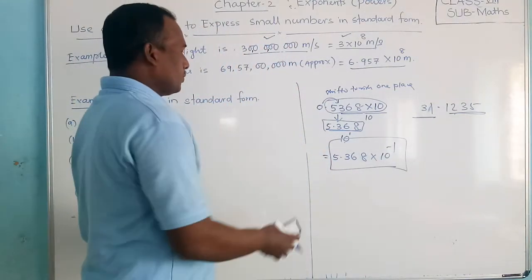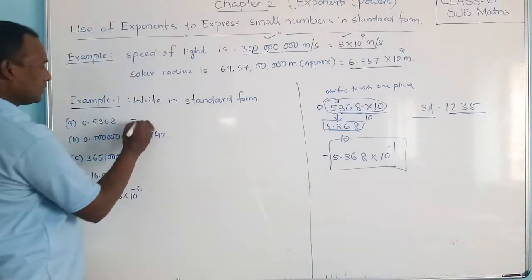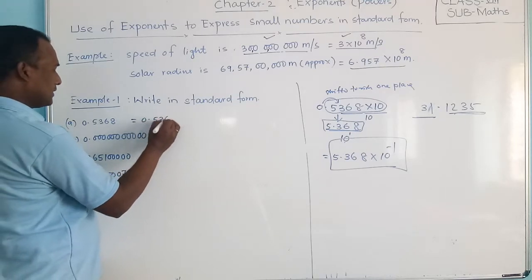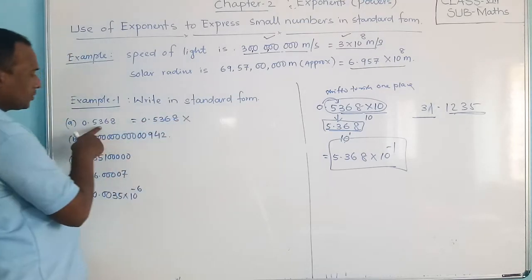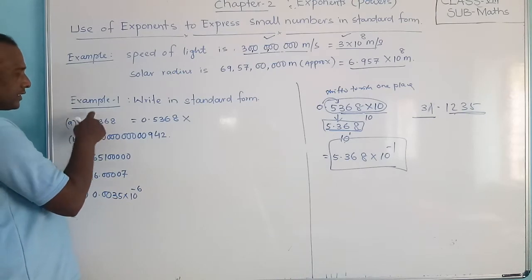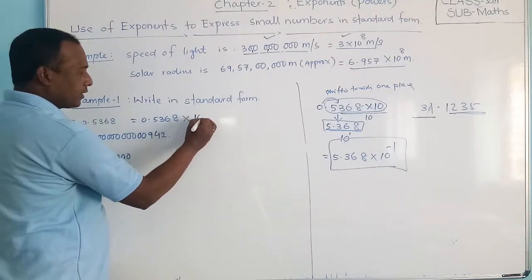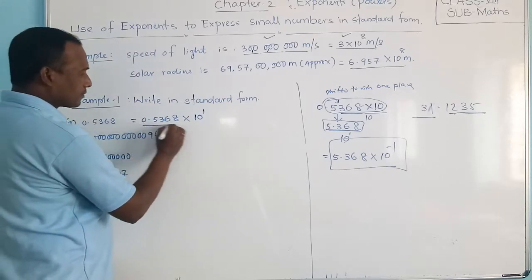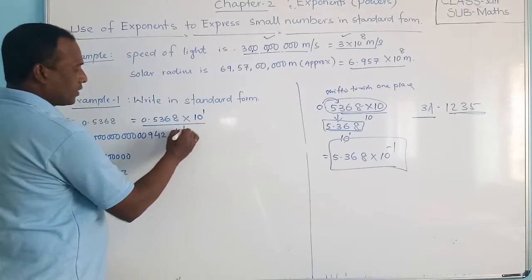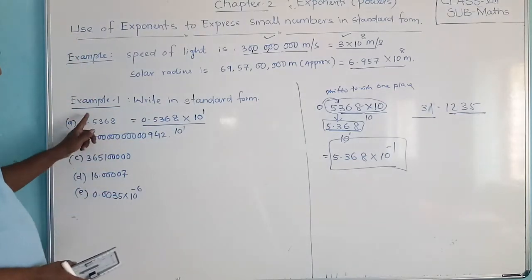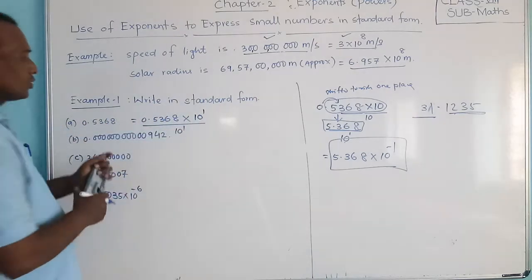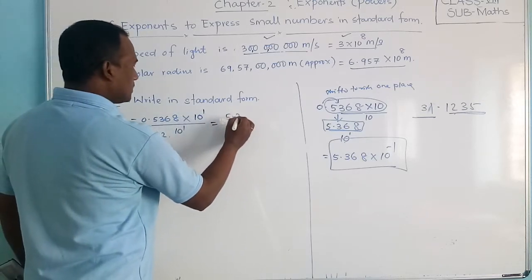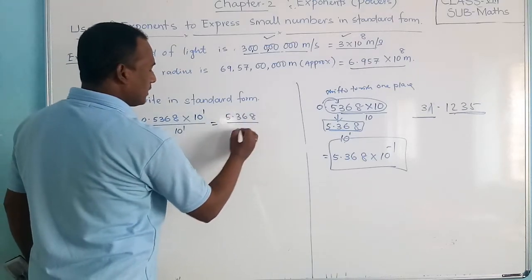Once again, I will explain to you. First of all, you write this. I will write here. First, what you have to do? 0.5368 into... Observe, whenever we move the decimal place to the right side, we are multiplying, one place at a time. So 10 power 1, because it needs to go one place. So I multiplied by 10. So what can we write? Whenever we multiply this first, what will come? 5.368 by 10 power 1.